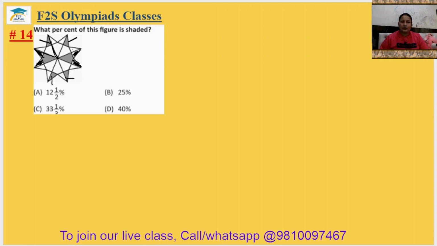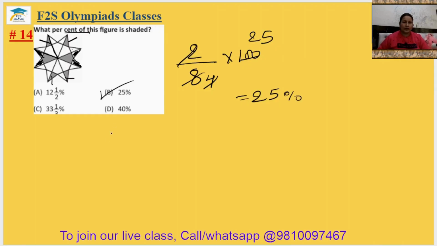1, 2, 3, 4, 5, 6, 7. 7 parts are here. Okay? There are 7 total parts. Or one more. There is one more, so 8 total parts are here. So 2 are colored, 8 parts are here. If we simplify, and we have to convert it to a percent, multiply by 100. 2 fours are 8, and 4 twenty-fives are 100. It means 25% of the parts are shaded. The 14th answer will be option B.